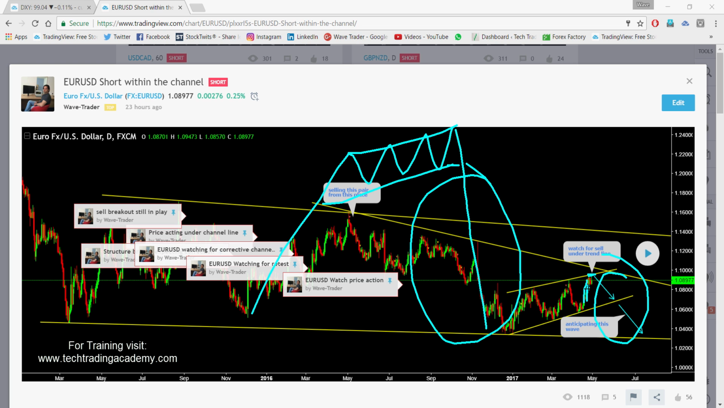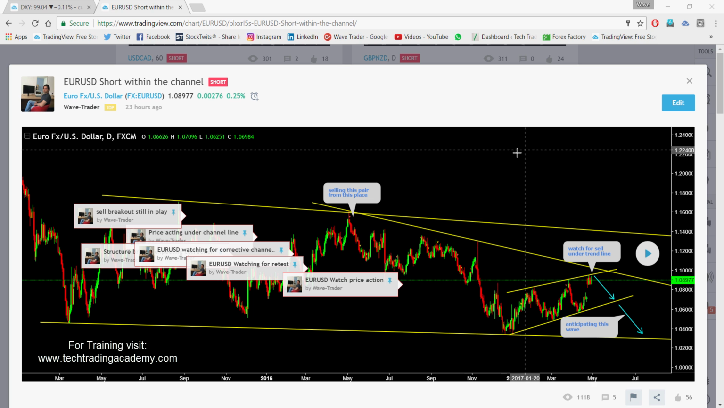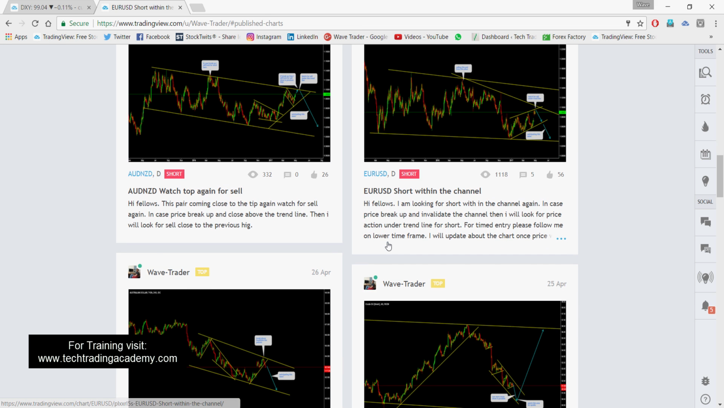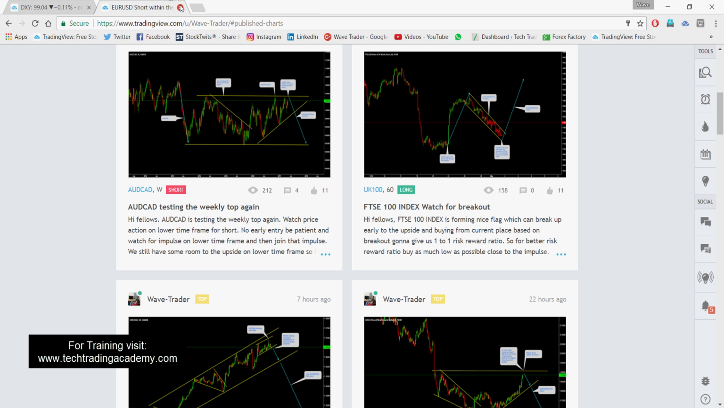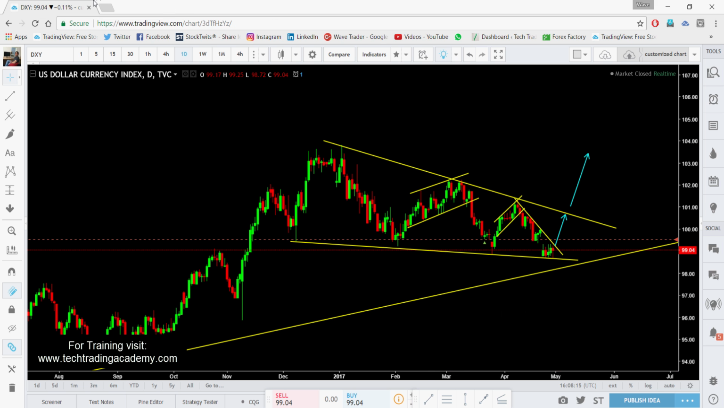But this impulse is still aggressive to the upside. We're going to pay attention at that top for the reversal. If we see any impulsive signs, we will definitely join that short from the top. Yeah, these are the charts. Now let's get back to the